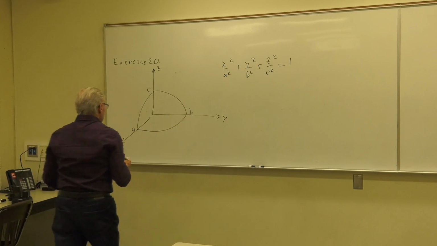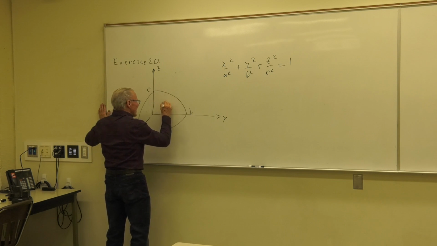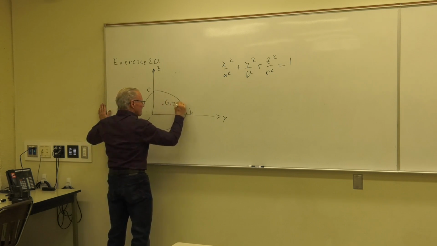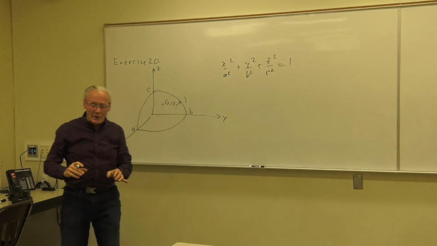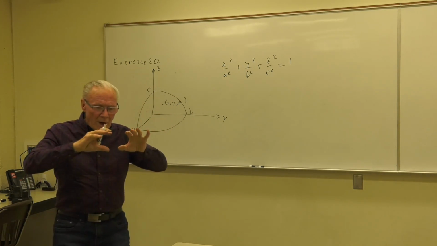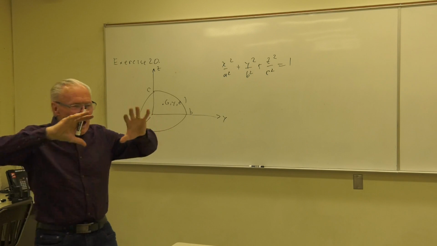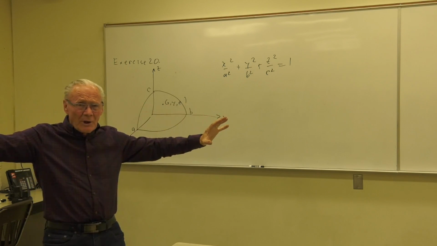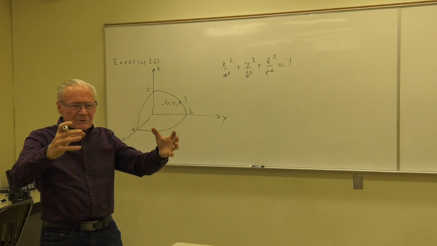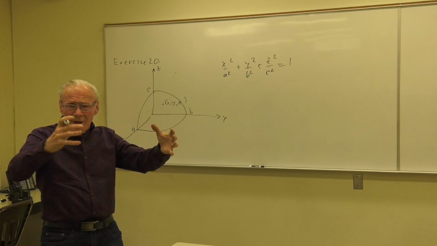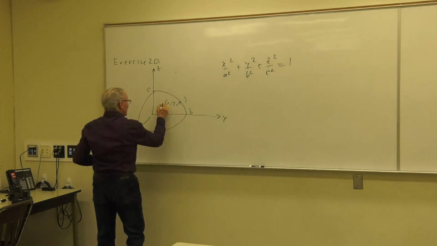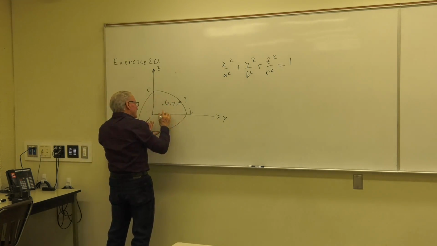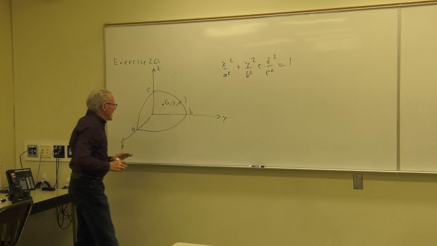I would suggest we do the following. Let x and y and z be a point on the ellipsoid. Do you agree you're going to want to extend the box out to touch the ellipsoid? If you take one that's inside and doesn't touch the outside, then you can make it bigger. So I suggest that we take a point here on this first octant part of the ellipsoid and